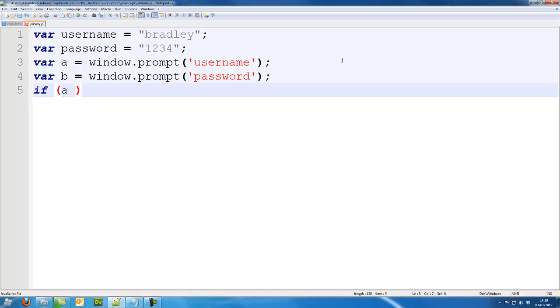I'm going to put a is equal to. Now that means two equal signs, because we use comparative operators and there are different symbols we can use, such as exclamation mark and equals is not equal to, and two equals is equal to, etc. So if it is equal to username, then we want to carry out the following code,